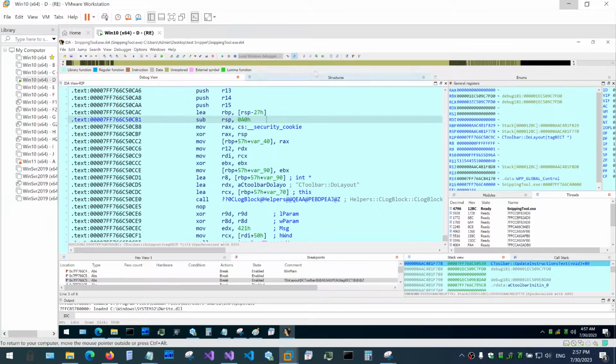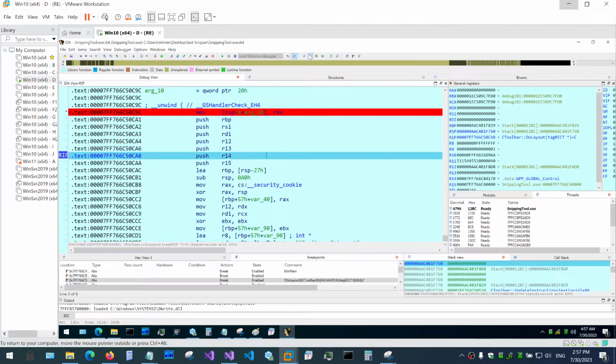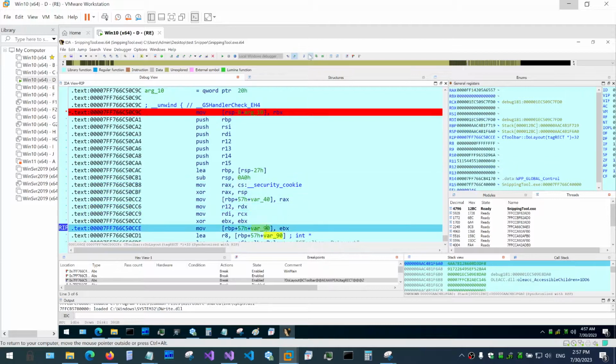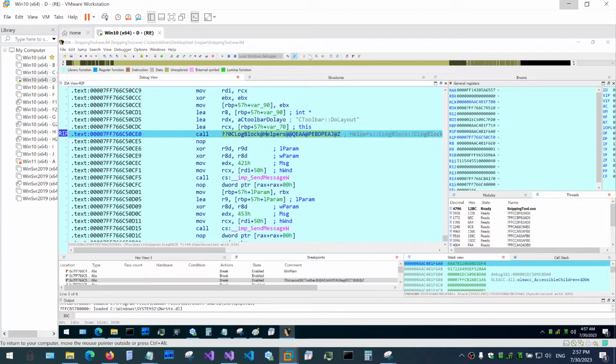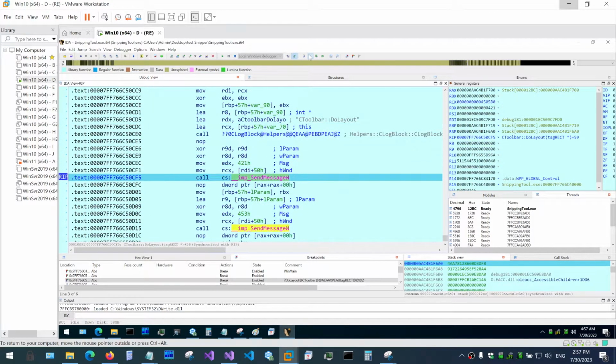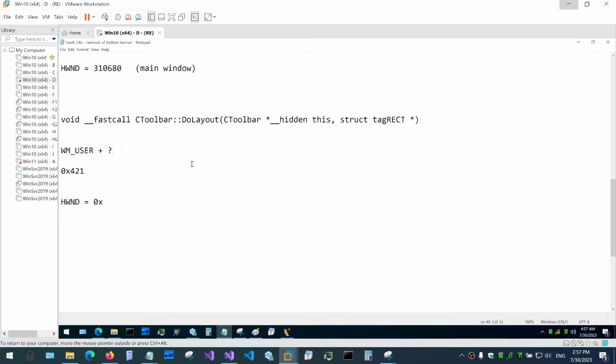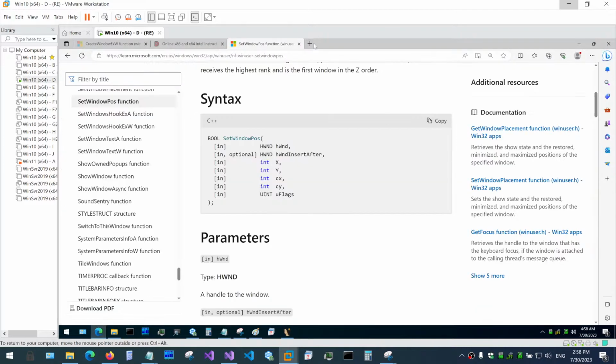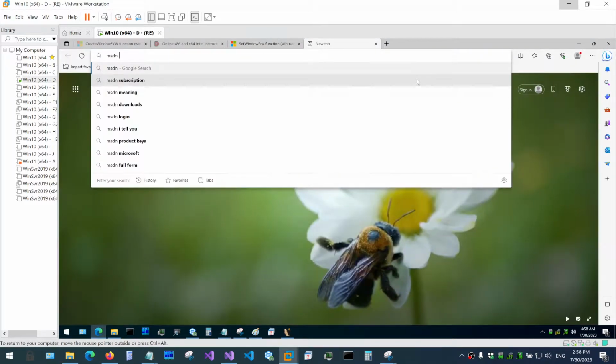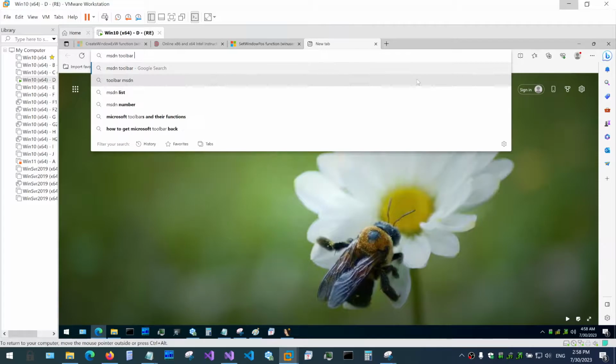And at this point, let me step over till we hit that SendMessage. Okay, so what we're trying to determine is what is this 421? Well, we know that they send it to a toolbar. In other words, this is the user message for toolbar. In this case, we can use MSDN, and we can search for MSDN toolbar